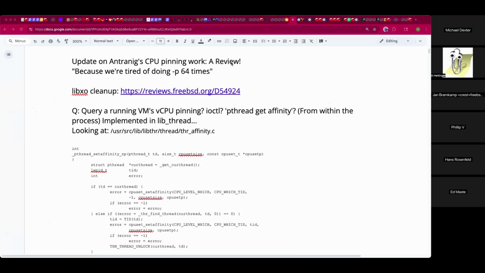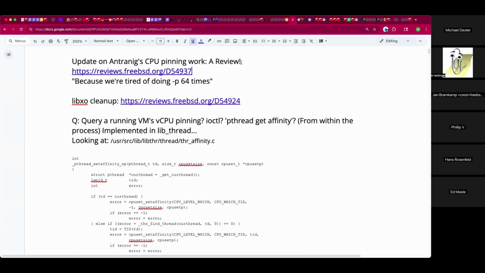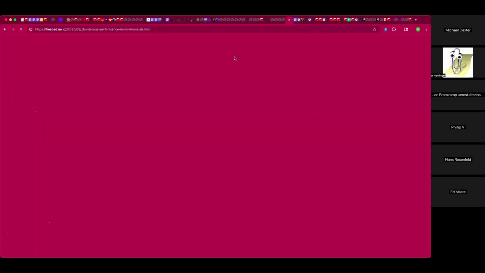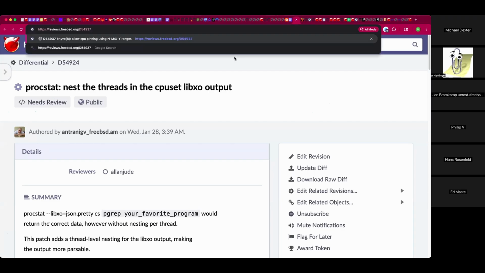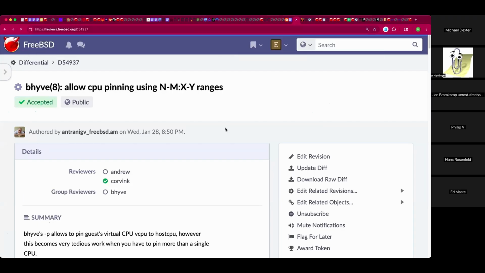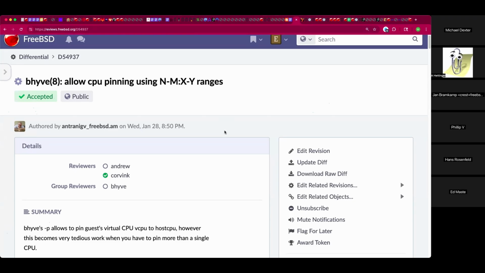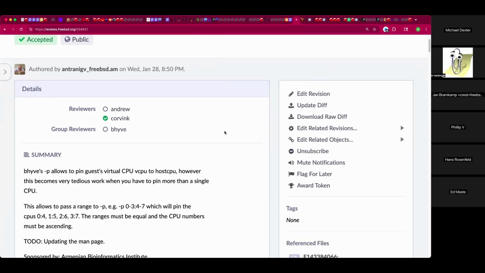The question is, do we value bug compatibility more than correct output? Right. Well, hopefully no one worked around the wrong syntax, but this should definitely be fixed in current. I don't know if it should become an errata because, first of all, it doesn't affect many people, and potentially there is someone out there who has used this. But yeah, it's such a niche feature to actually programmatically use the procstat output for CPU sets.